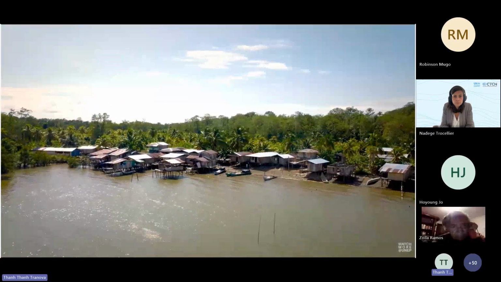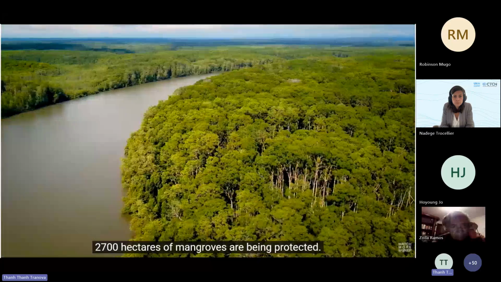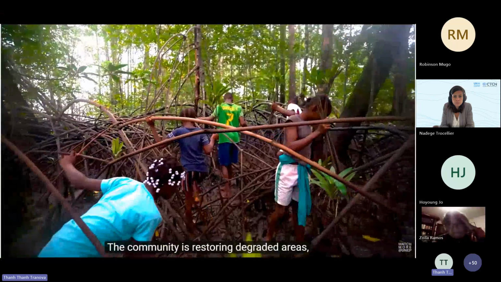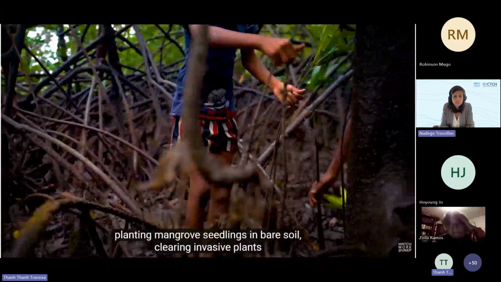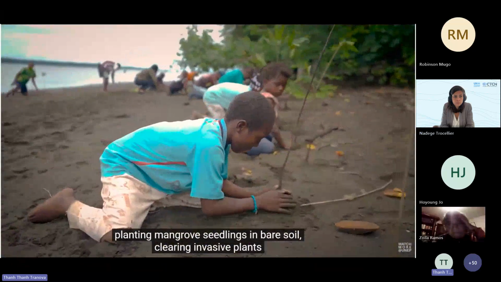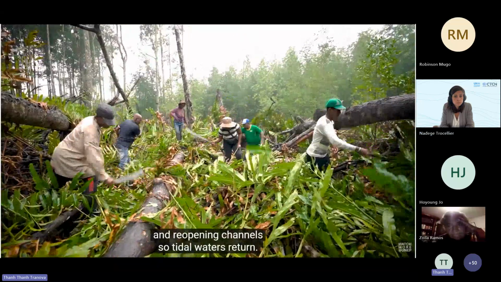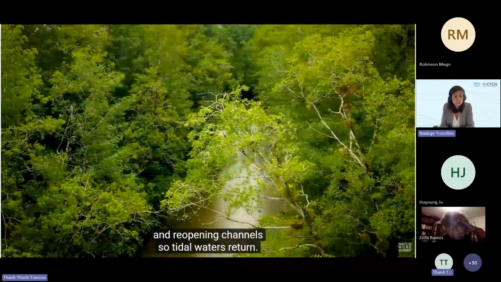Here, in El Cuerval, a new tide is rising. Through a community-led project called Sustainable Cuerval, 2,700 hectares of mangroves are being protected. The community is restoring degraded areas, planting mangrove seedlings in bare soil, clearing invasive plants, and reopening channels so tidal